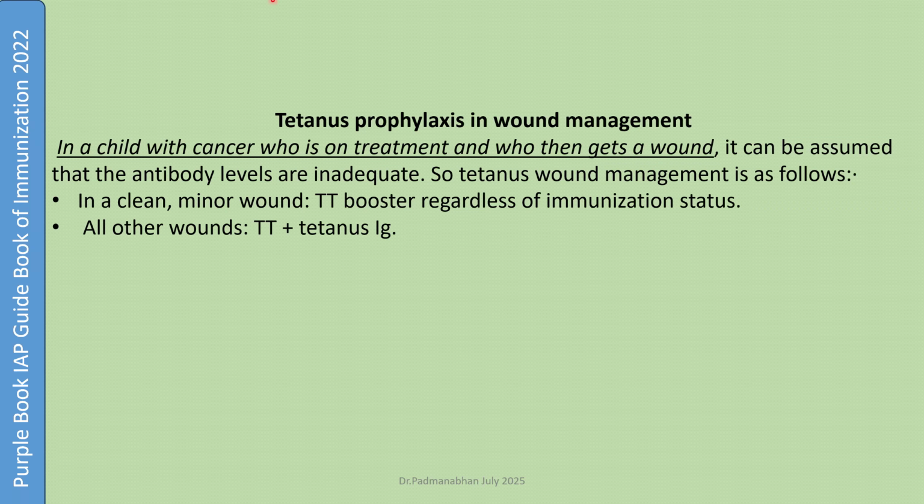See, normally we look at the immunization status. There is a problem in tetanus prophylaxis. What is written in the IAP and by the CDC is not what is written in the WHO. This can have medicolegal problems, because normally in the CDC and in Nelson's book, for a clean wound, if the child has taken 3 doses of tetanus vaccine, at birth, 3, not even 4, 3 doses, and the wound happens below 10 years,